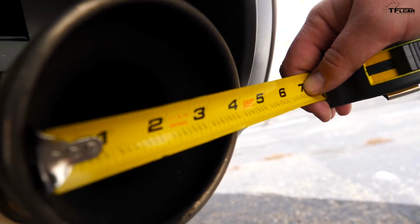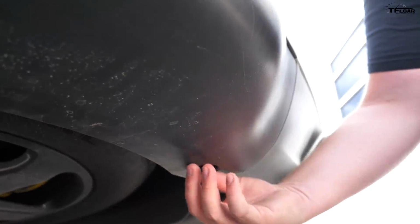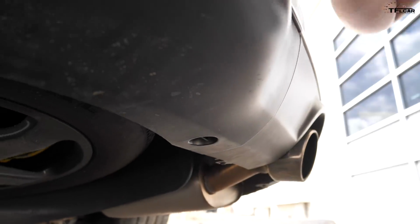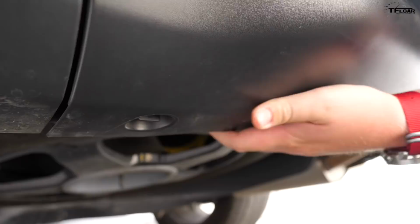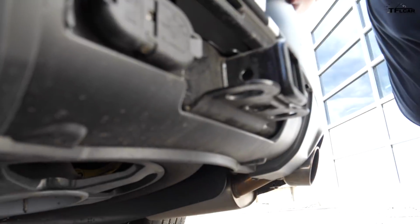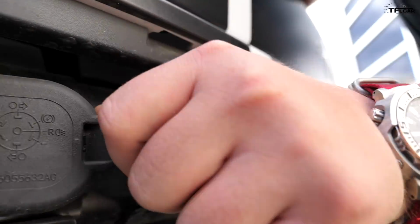See? 4 inches. Our Durango SRT has the towing package, which gives you an actual best-in-class tow rating of 8,700 pounds, but I did want to show you that this is how you access the towing hitch. Boop, there you go. Of course, you get your classic 7-pin connector